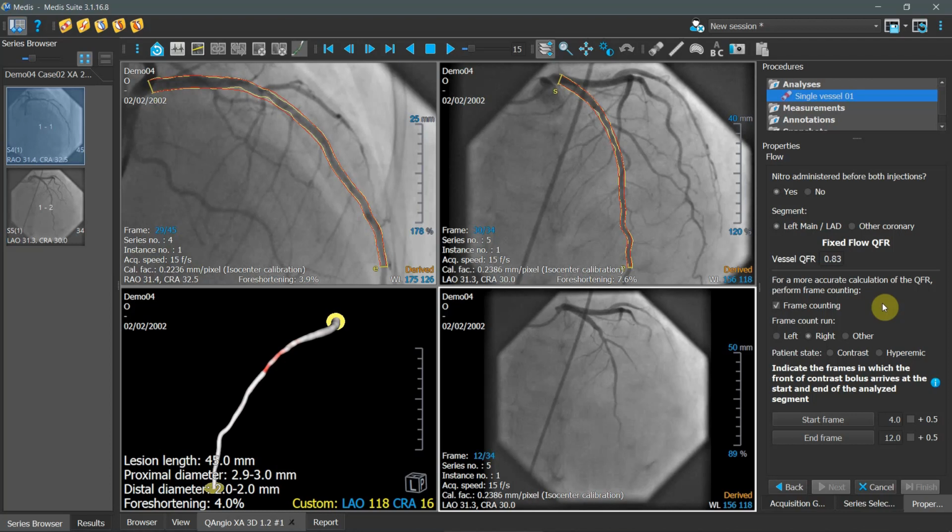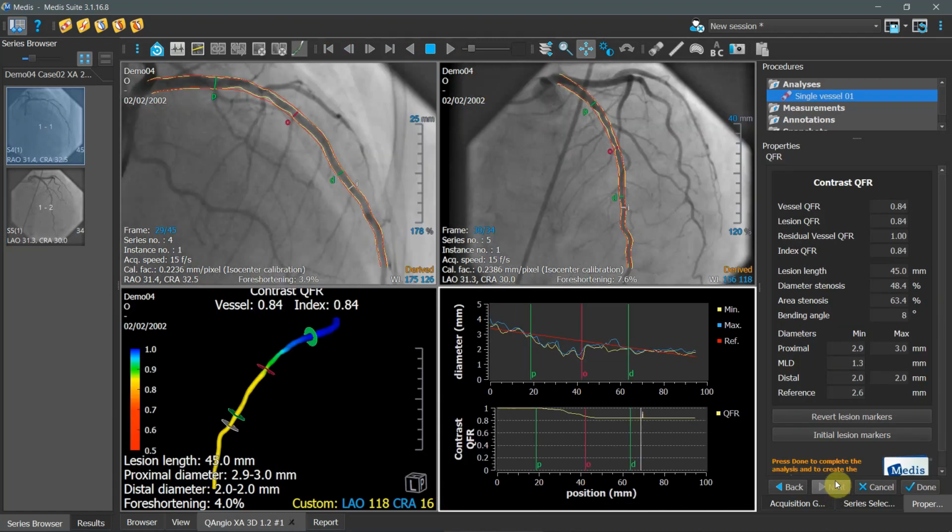If you have the standard edition of QFR, it's always by default contrast. If you have the advanced edition, you get provided with this additional option. In this case, only contrast was applied. When satisfied with the frame count, you can continue to the next page. We're going to the next button, and as you can see here, we are arriving at our final page with